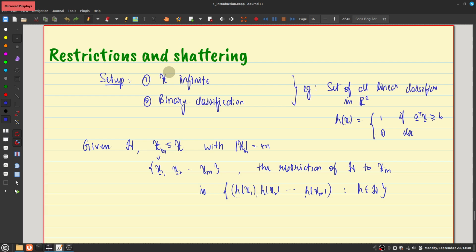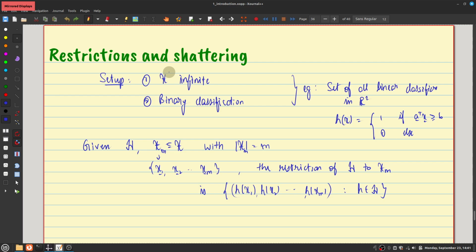So then that raises the question, is it true that all infinite classes are not PAC learnable? And we saw an example that is not the case. So if we are given an infinite hypothesis class, how do we say whether this is PAC learnable or not? That's what we are heading towards. And for this, we'll see a series of definitions. And using this, we'll characterize the PAC learnability of any hypothesis class using a bunch of different parameters.